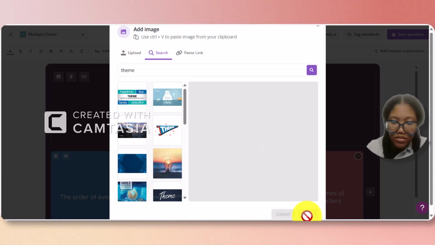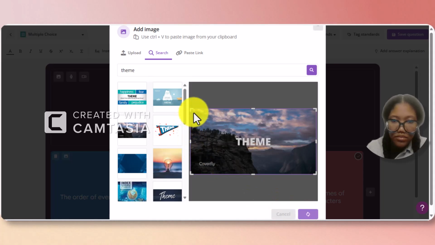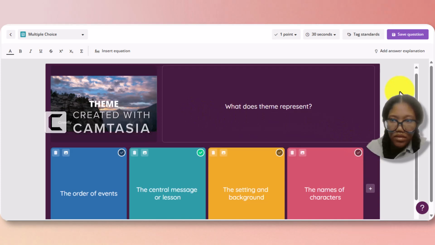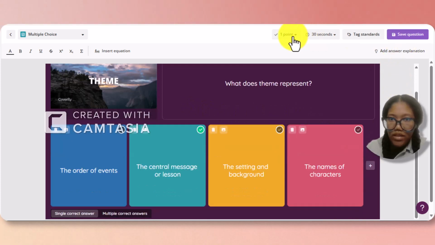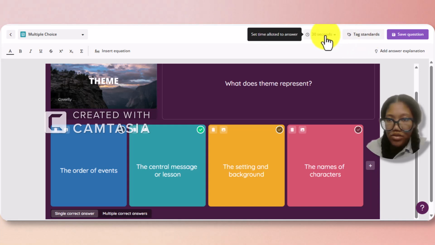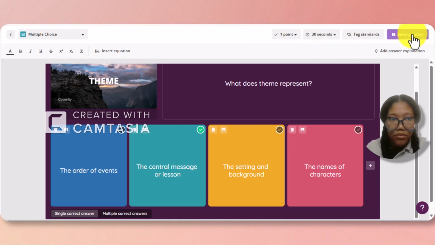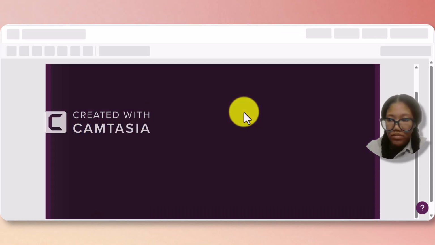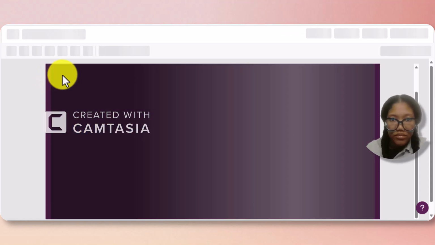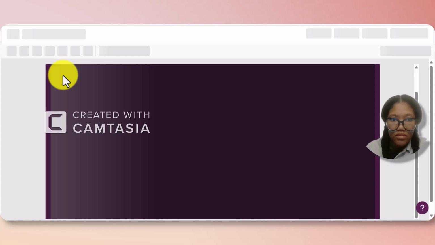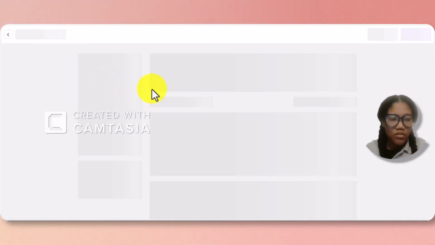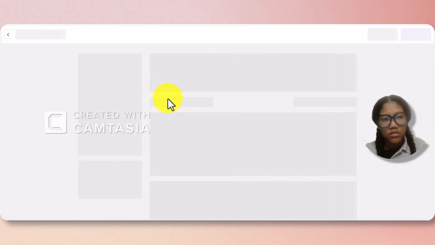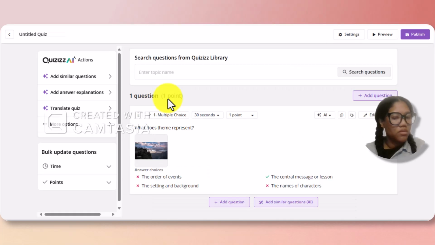And once you have saved your question, we're going to just do one. I'm going to go ahead and publish. Title the quiz theme. Subject, you can do English, grade level, 8th grade. So I have a lot for 8th grade, and we'll go ahead and publish. You can also add a cover image to your quiz, and when you publish your quiz,